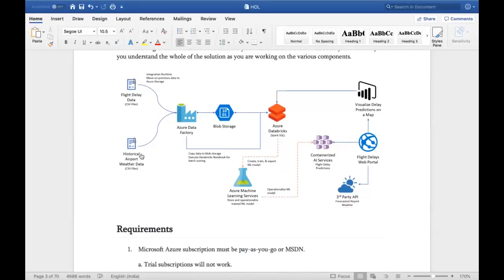There are around 3 files in this, and we load them into blob storage. I have already done that, and we load them into our Databricks account, and then we apply our transformations and everything here. Then we apply machine learning services on top of it, and use some containerization, creating an API for scoring. We'll read that, and we'll try to visualize it in Power BI reporting. This is the whole end-to-end workshop we're going to do today.